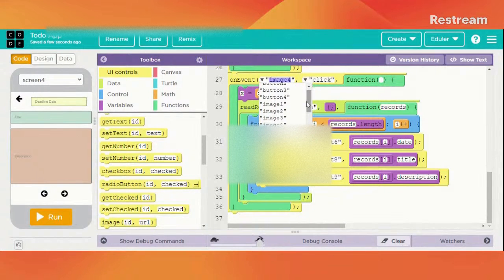Change it to image 3, because when this button is clicked, it should go in the decreasing order, toward the left side, and that is why we are doing it. We just need to change the operation to minus, and of course change the name of which button is clicked. And with this, we have successfully created our to-do application in App Lab of Code.org. I hope that was a great